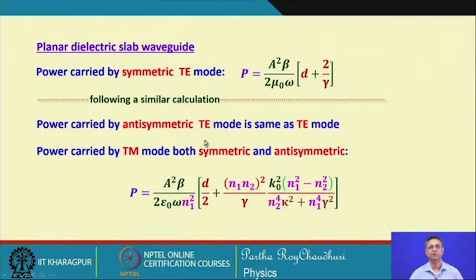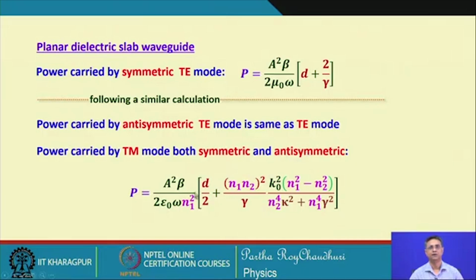The derivative of that will be cosine, and again it will be only the z component of power, and this will turn out to be the same as the symmetric TE mode, the same value we will have. So, symmetric and antisymmetric modes for the TE mode of the waveguide will result in the same power flow expression, and for the power carried by TM modes, both for symmetric and